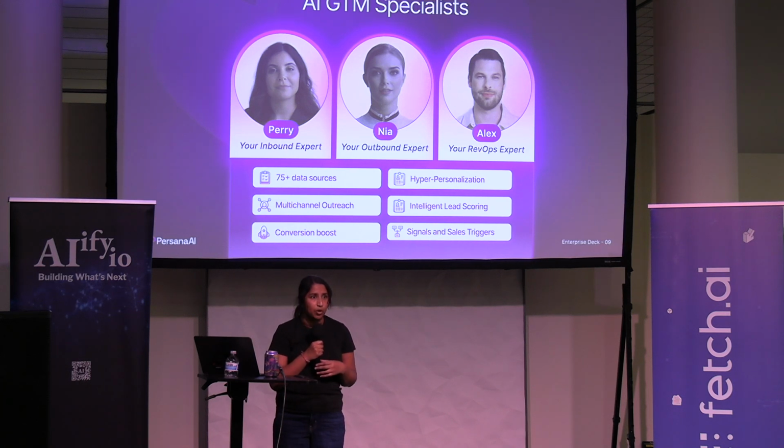Nia, the outbound expert, takes your GTM plays and outbound messaging and helps you scale that, constantly looking for new leads that fit your ICP, taking in the feedback on this is where we're getting traction, this is where we're getting opens, and looking for more leads that fit that ICP, and also tailoring the message to all of these